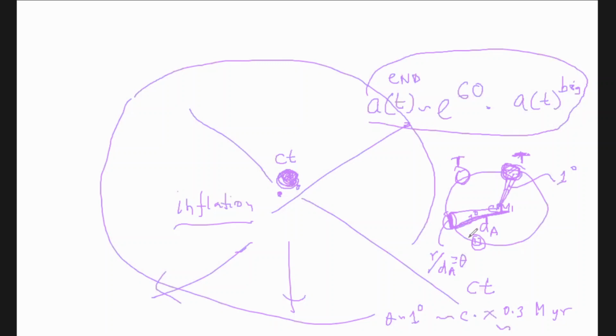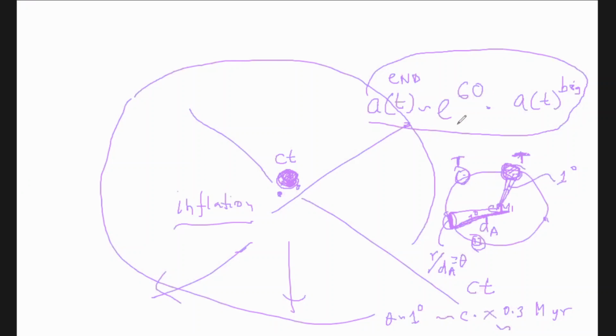So that means these photons were all together in a small patch. But now they have come far apart, not because the photons have traveled or communicated, but because the underlying space has traveled much faster than the speed of light. Is it clear now? Yes? Or if you have any question, you can ask.